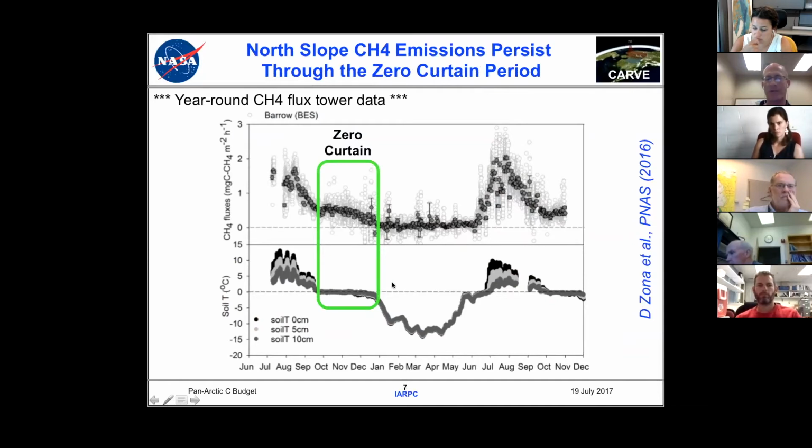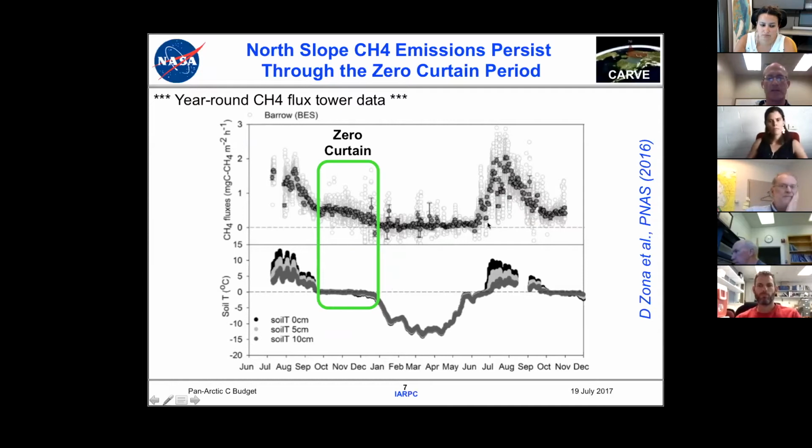This is a well-known kind of high school experiment that many of you might have done with ice cubes and liquid water in a styrofoam cup, where you measure until all of the ice is melted. You don't get a large temperature change. While we're seeing this zero curtain period, you can see that the fluxes are still significantly non-zero and accumulating. And in fact, with the change that we're seeing in the northern high latitudes, this zero curtain period is now as long or perhaps even longer than the traditional thawed season, during which people are making measurements, highlighted over here in these peak areas.